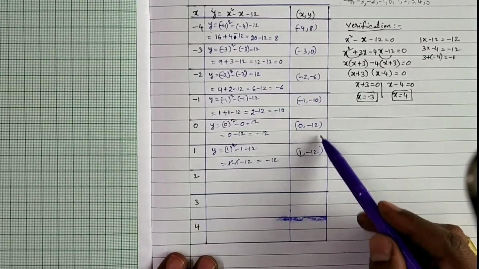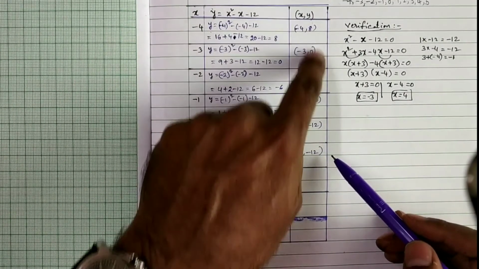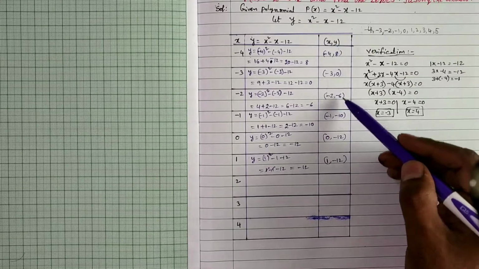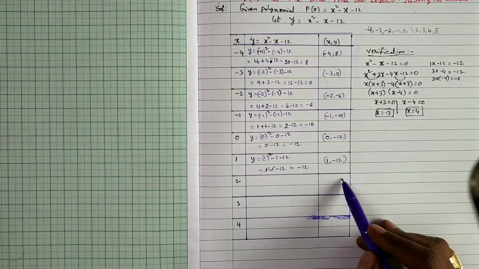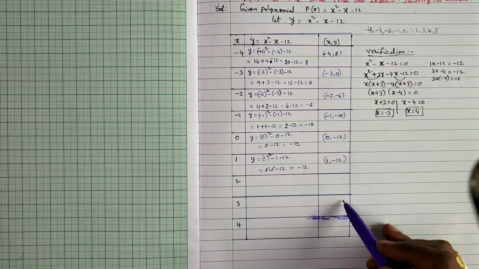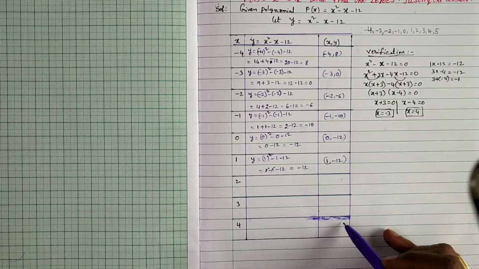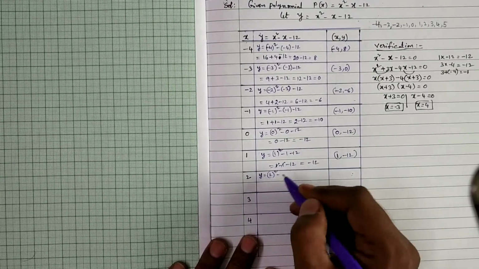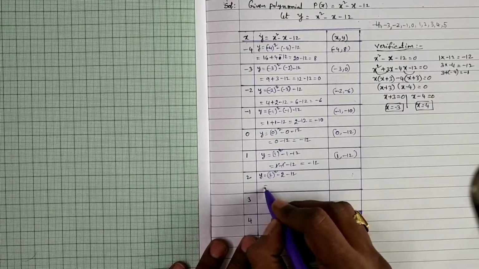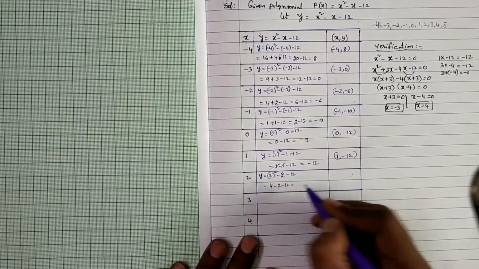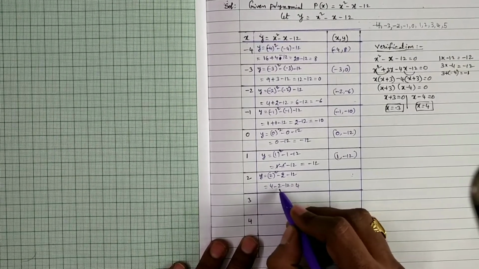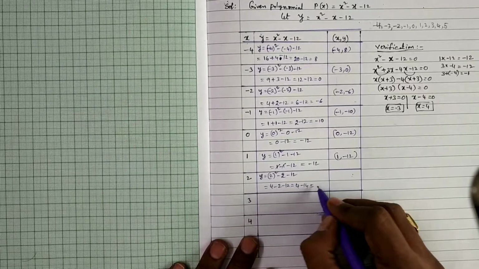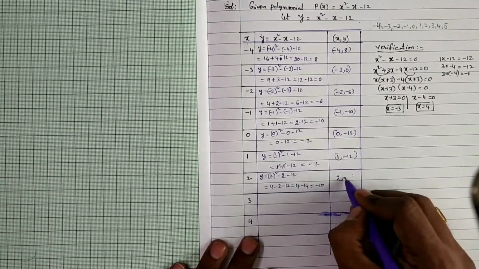From this one we will see the y coordinates repeat. We can get the next values minus 12 after minus 10, minus 6, 0. So here we will get minus 10, here we will get minus 6, here we will get 0. Next substitute 2. Y is equals to 2 square minus 2 minus 12. 2 square value 4 minus 2 minus 12. So 4 minus 14. Adding plus value after negative values you add. 4 minus 14, minus 10. So for 2 you will get minus 10.